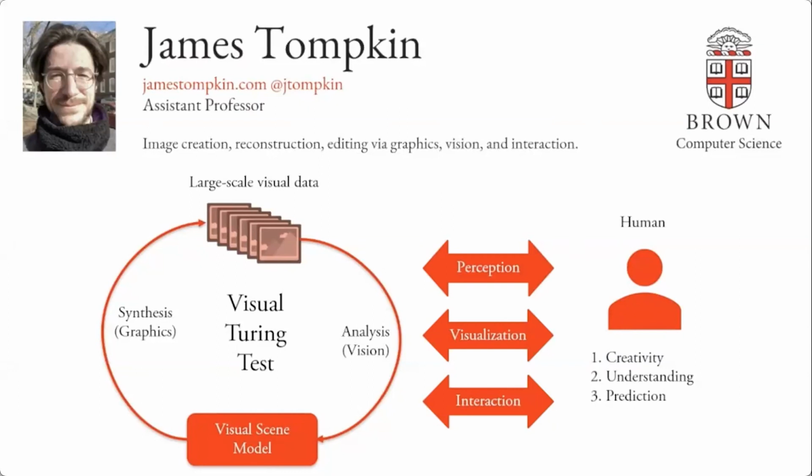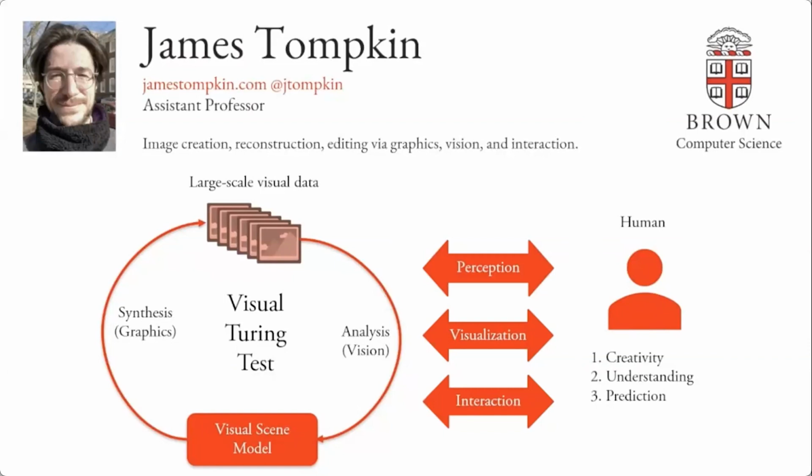If I can take images and analyze them to produce some scene model that I can then synthesize with computer graphics to reproduce the input image, if my model is good, then I can do this very well. So we're going to look at lots of methods based around this concept, what you might call a reconstruction loss or reconstruction objective. Given this loop, then I also think about how human beings perceive information, how we can visualize